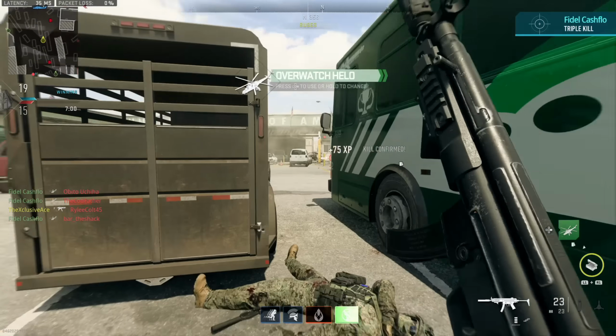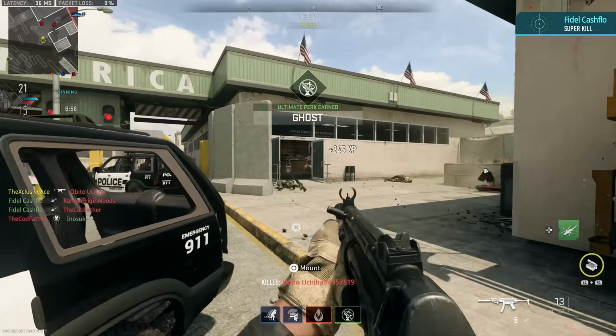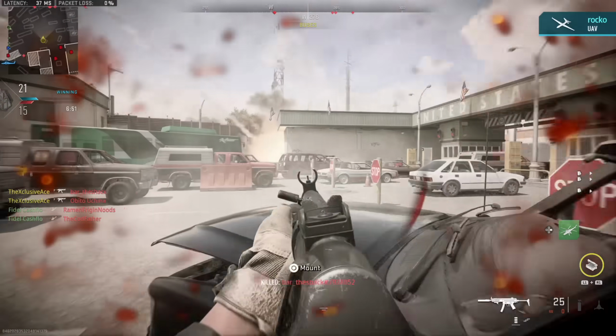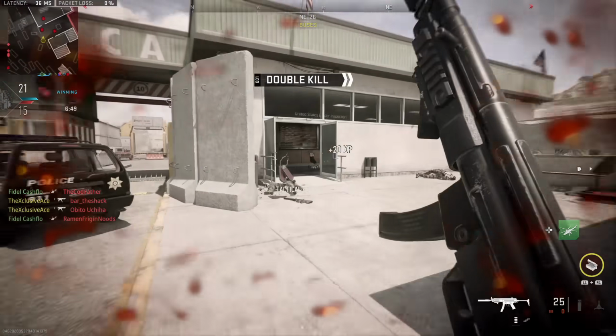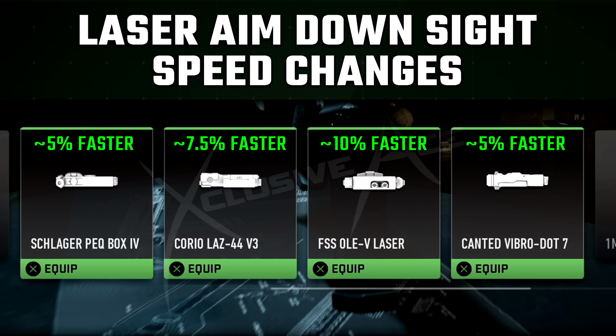Now finally, when it comes to stats that directly affect the handling of the gun, let's have a look at our aim down sight times. Again, these are hand-tested values, so they may not line up perfectly with the coded values, but they should allow you to make some good decisions at least. And it turns out there's only 4 lasers that directly impact our ADS time, at least on the regular guns